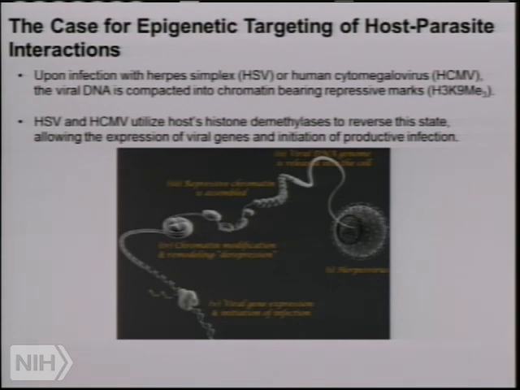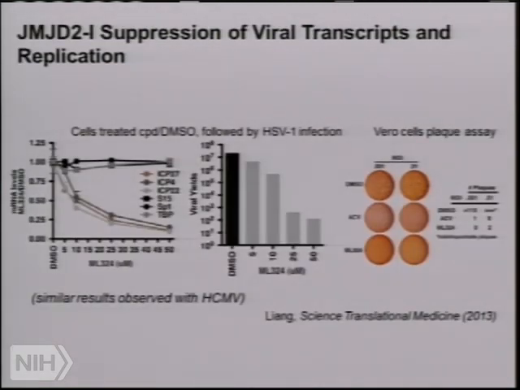of viral genes. So we tested our compound shown in the earlier slide in various models of herpes simplex virus infection. This is showing the effect on transcription. The compound, as expected, affects mostly the early and intermediate-early genes in the virus life cycle pretty dramatically in a dose-dependent manner, whereas it doesn't affect the late-stage genes shown here. This is herpes simplex virus, and we have similar results with cytomegalovirus.